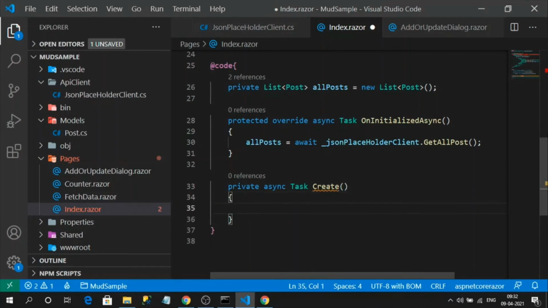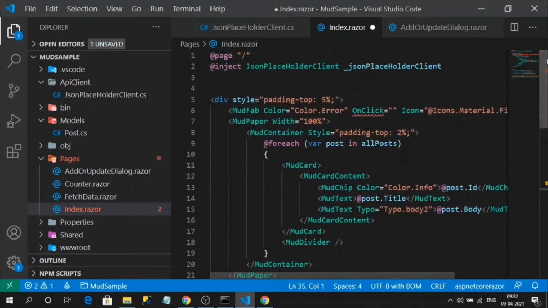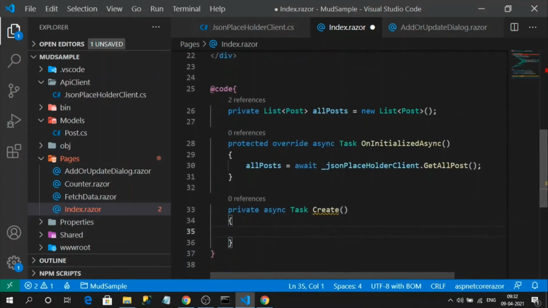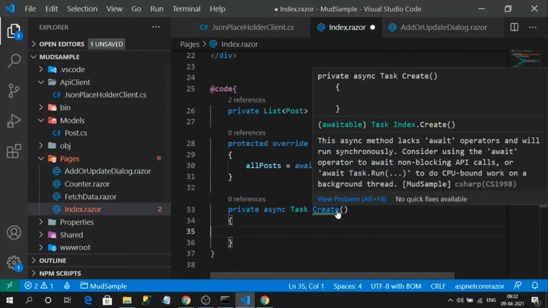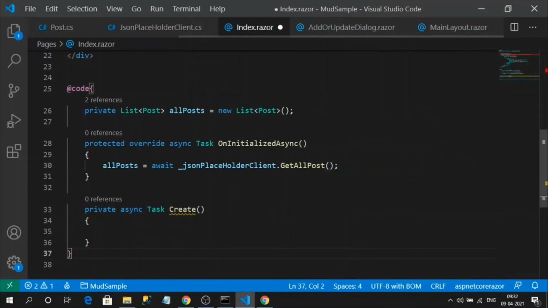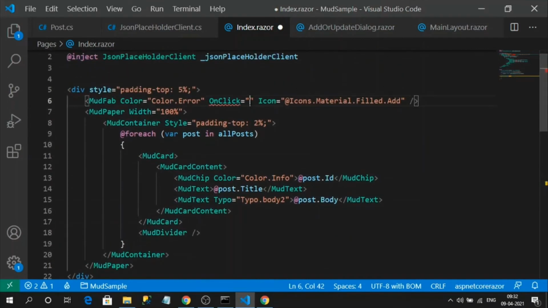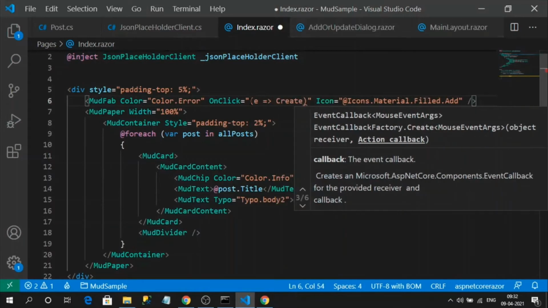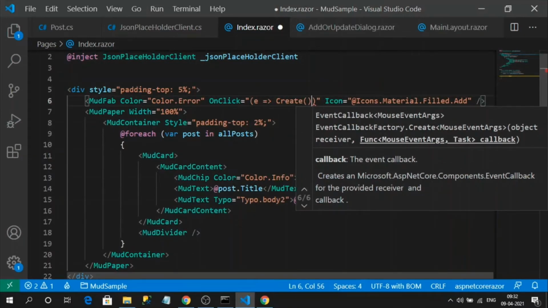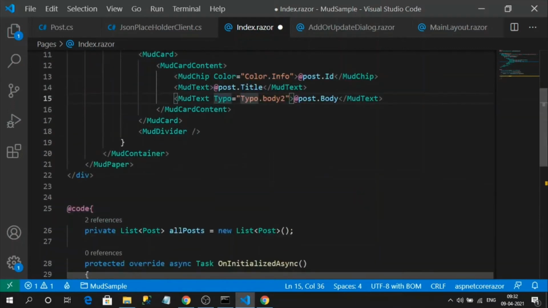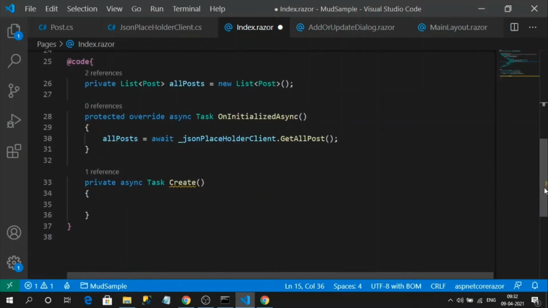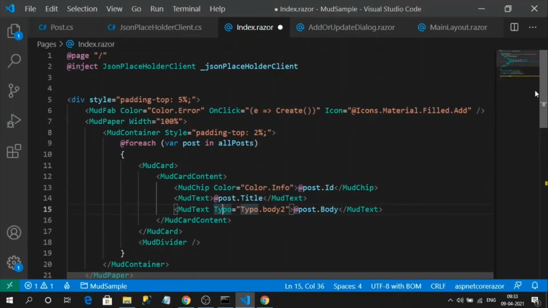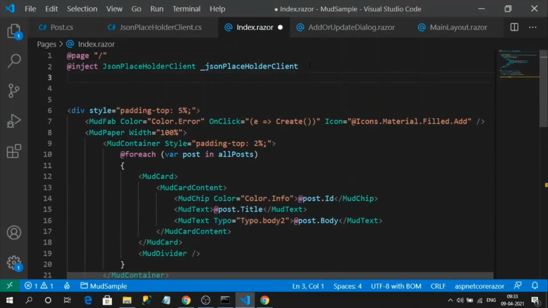Okay. Now on clicking this button, I need to invoke this add or update dialog component, right? So let's register this. Registration is similar to our Blazor assembly registration only. Okay. So now it will invoke this method. Now I want to invoke the MudBlazor dialog component. For that, I need to inject one service